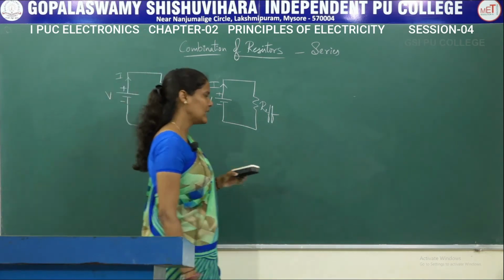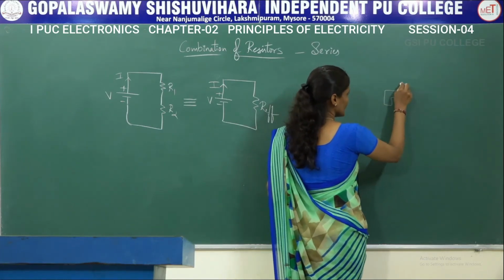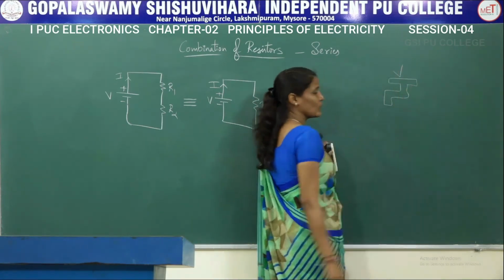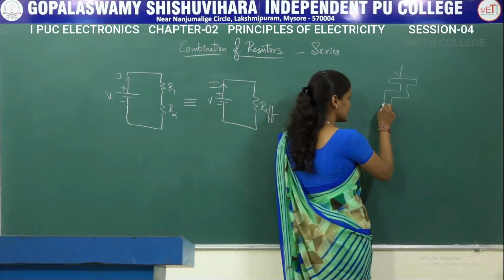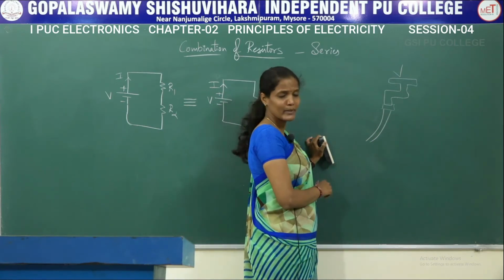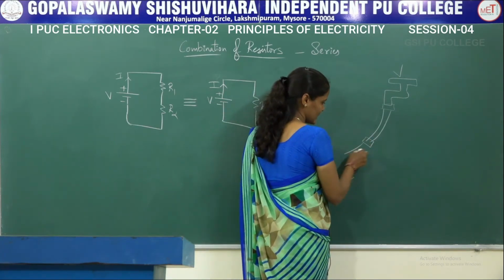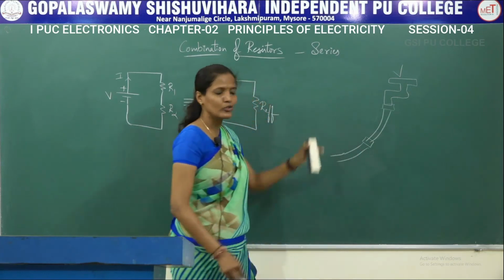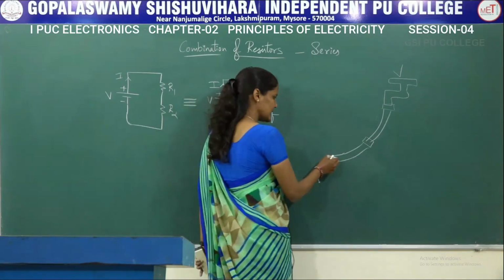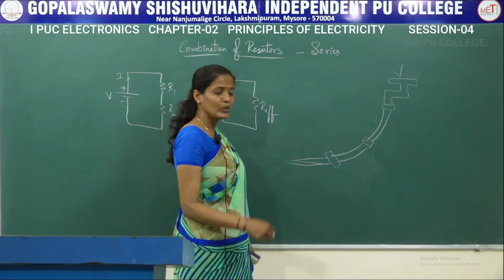When we say series connection, let us take the same example of a tap to understand. This is a tap, which is compared to the voltage. To this tap I am going to connect a pipe. But the length of this pipe is not sufficient for me. So what am I going to do? I am going to connect another pipe with this terminal, using a joint. But still the length is not enough. Then I keep connecting another pipe along with this, with the help of a connector.